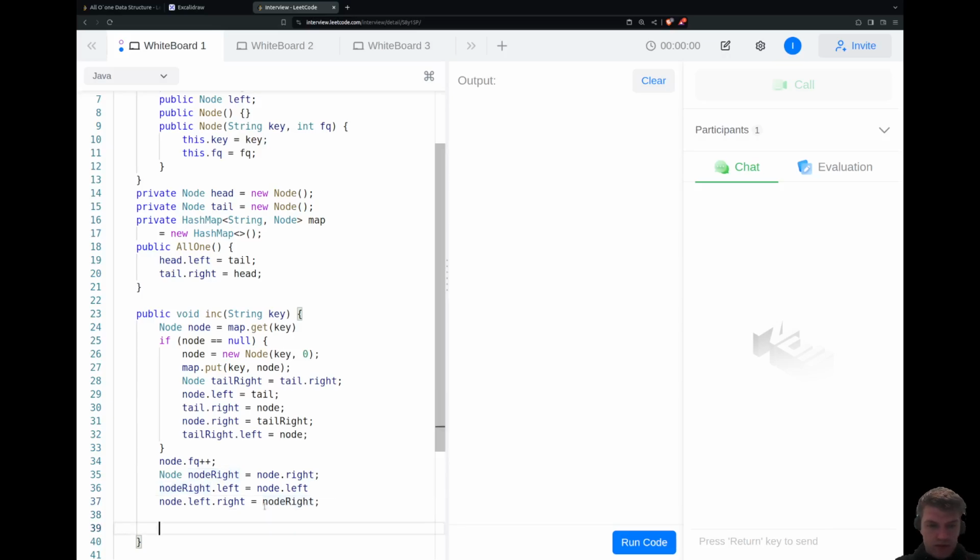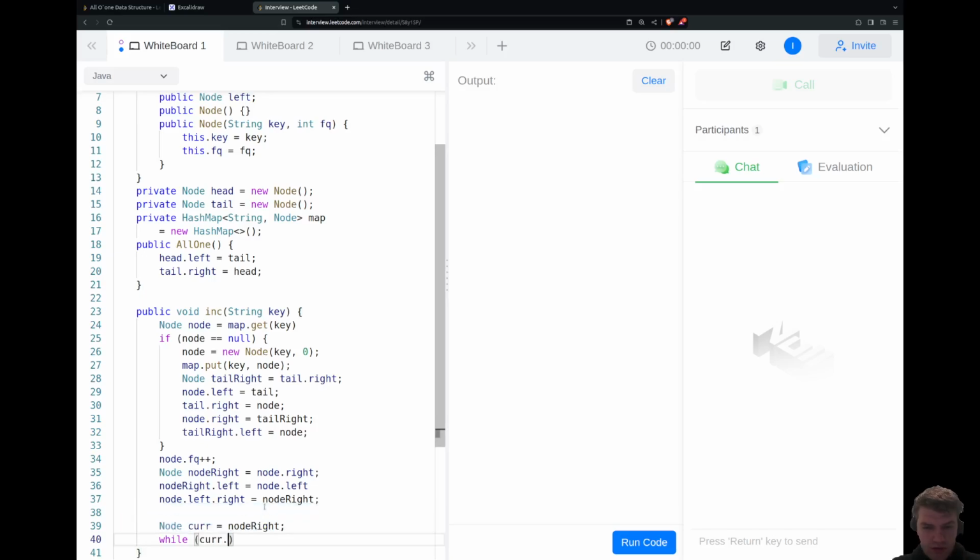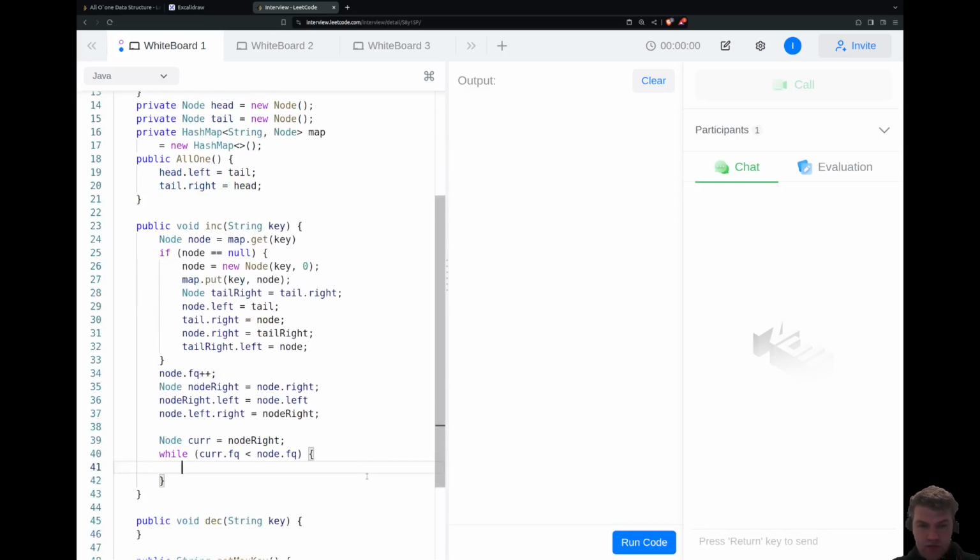And then say node current equals node right, while current frequency is less than node frequency, I want to do the following. Current equals current right. So I'm going to move the pointer, and then finally when I'm going to